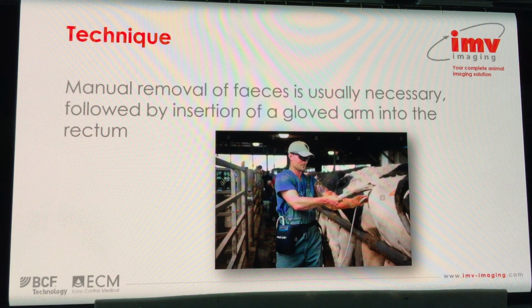Manual removal of faeces can be a little bit of a controversial subject. Some veterinarians prefer not to, on the grounds that in the process you may introduce air into the rectum, which can make scanning actually harder than if you have faeces there. My personal opinion is that I tended to find that I could get the faeces out very easily without introducing too much air, so long as I kept my arm in the rectum to some degree. And I found it hugely improved the quality of the image I achieved. You have to make a personal decision on this,